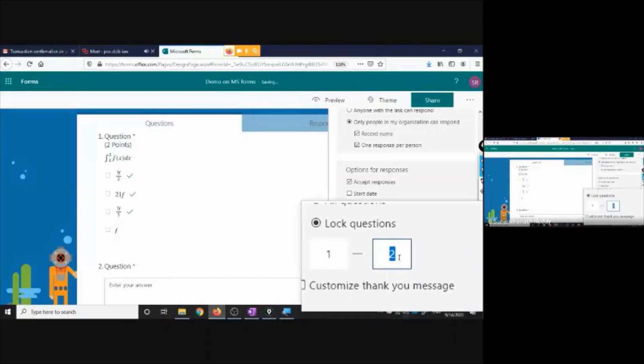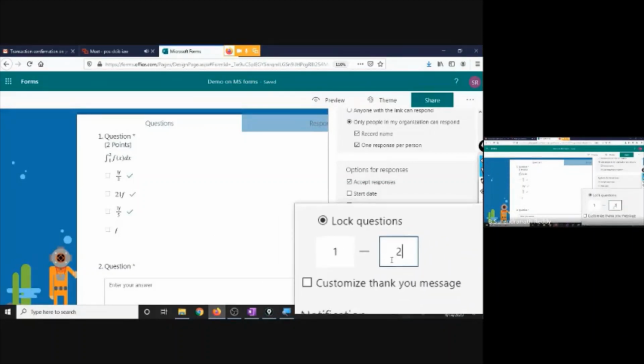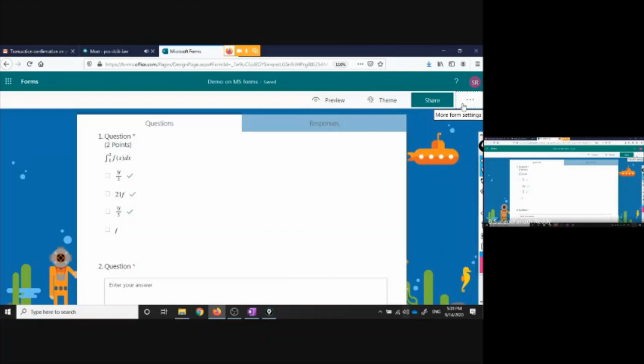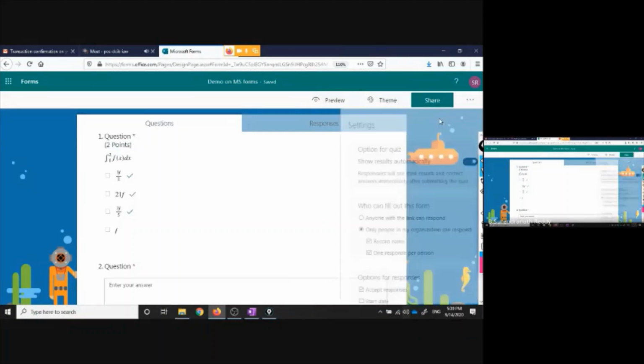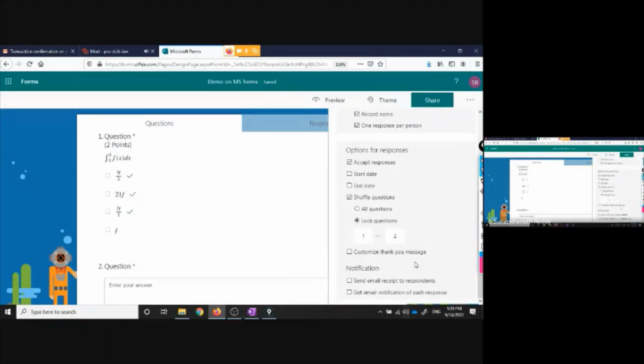Remaining questions will be shuffled. That makes more sense than shuffling even the student name and hall ticket number. Not only that, you can also write a customized message, which is available in every form. But this lock questions option I liked, because we can keep some questions at the same place and start shuffling the remaining questions.